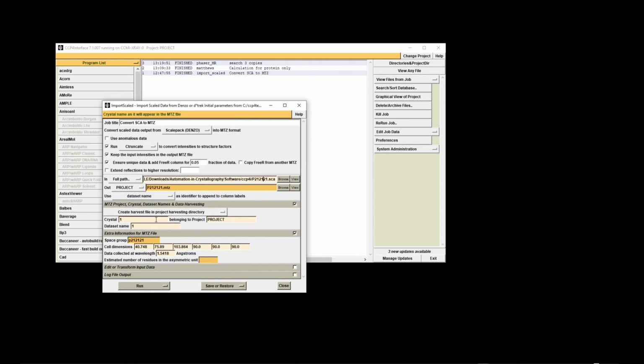If you have more than one crystal that's going to get combined, then you just number them sequentially. From the SCA file, it's determined the space group and the cell dimensions. And we'll also put in the wavelength, and our rotating copper anode is here. Now, the estimated number of residues in the asymmetric unit, we don't know that quite yet, and we'll determine that in a minute. So what I'll do is go ahead and run that,